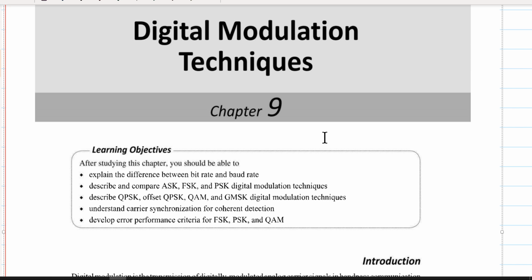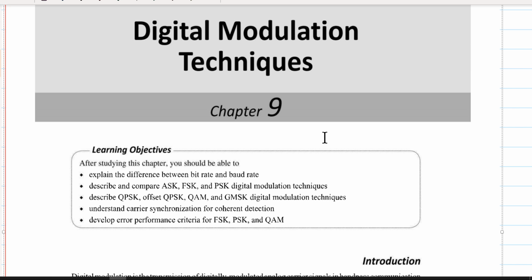Those are a bit more advanced digital modulation techniques that are more practical in today's world than the pure ASK, FSK, and PSK, and therefore we are going to be looking at them as well. The other objective is to understand the carrier synchronization for coherent detection, and I think I mentioned